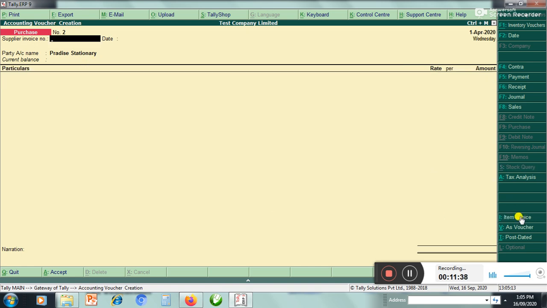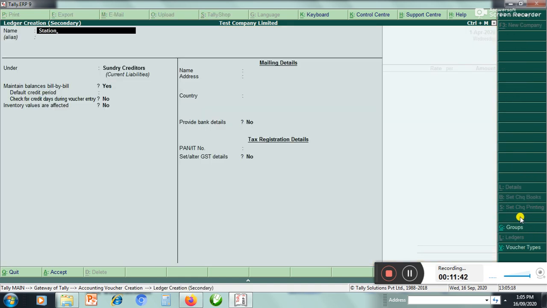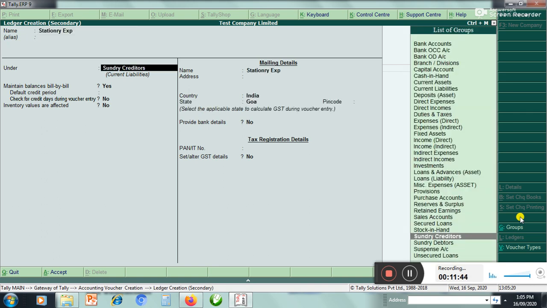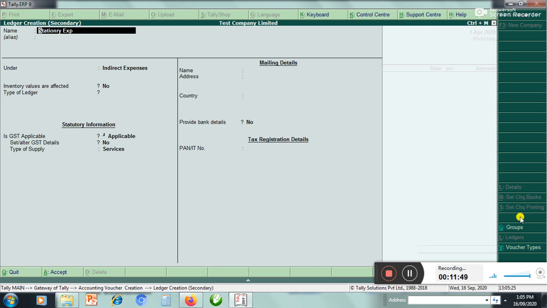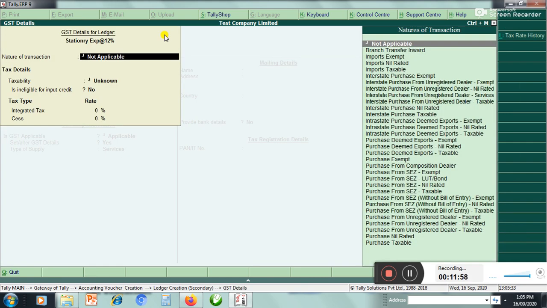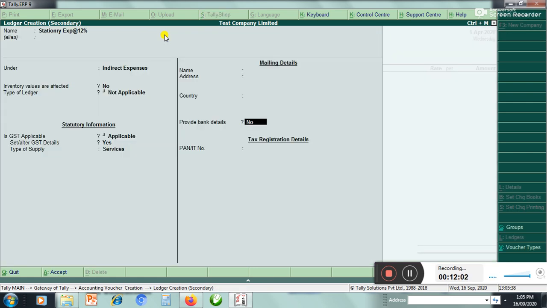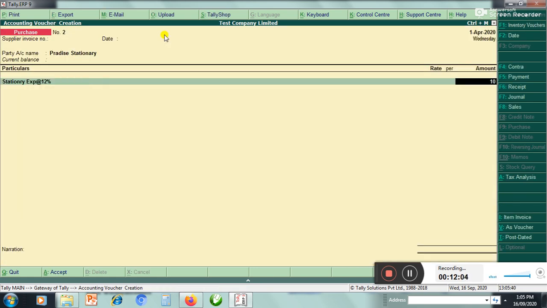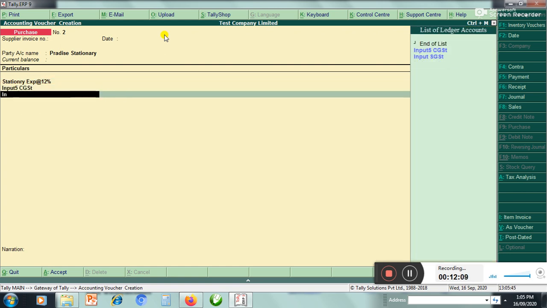So go to the accounting invoice here, and say just stationery expenses, under indirect expenses. If there is GST on stationery expenses, here you can say stationery expenses at the rate of say 12%, under indirect expenses. Then you have to say GST, and here we have purchased it, so purchase taxable 12%, say 10,000, and here it will be input CGST and input SGST.